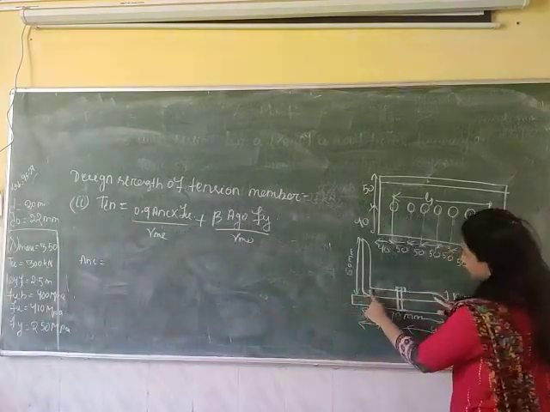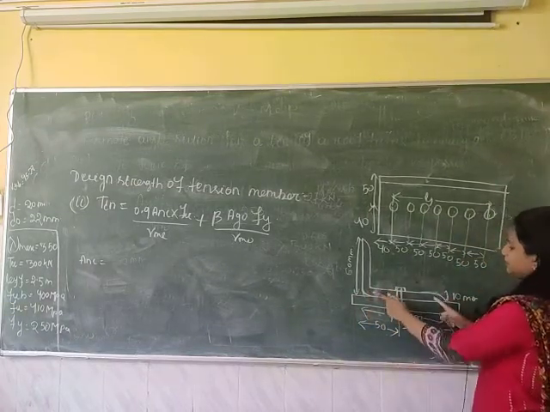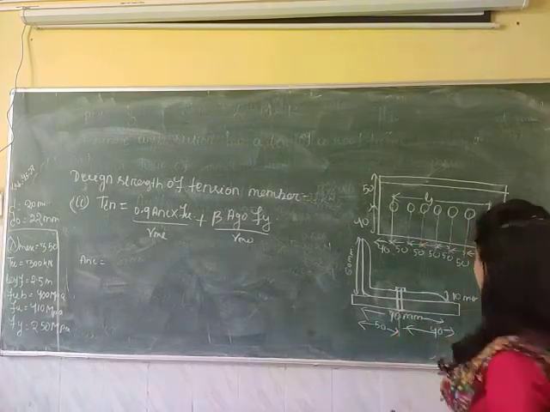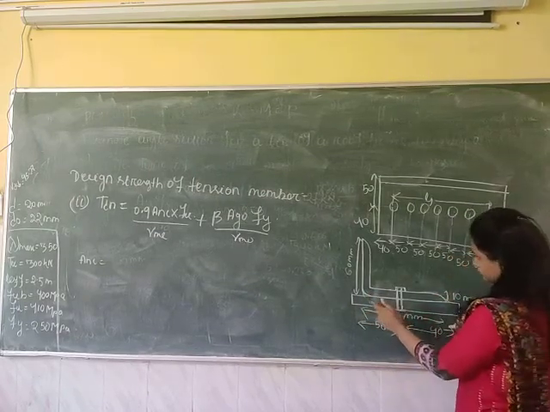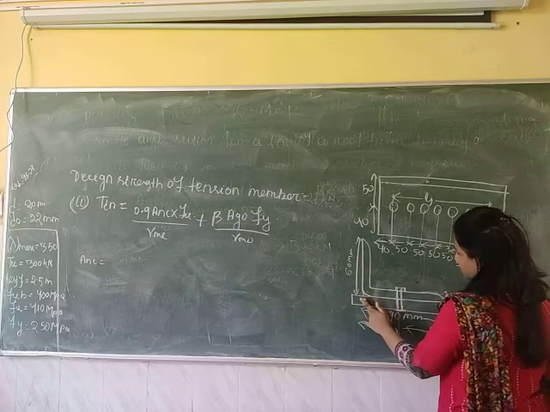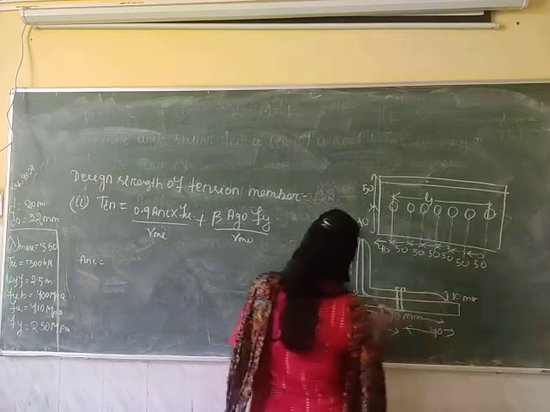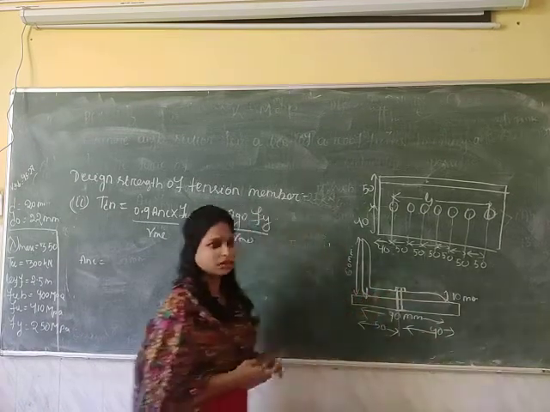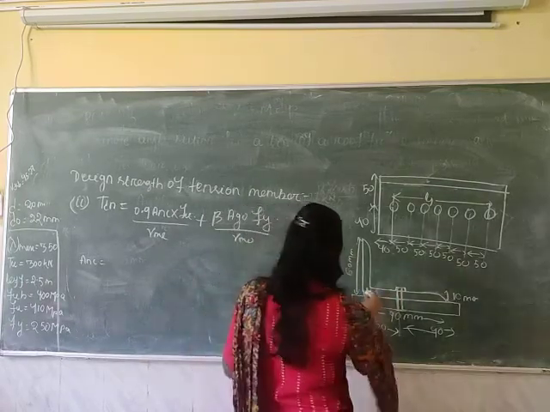So this is the connected leg, and we have to calculate the net area of this connected leg. That means we have to deduct the bolt hole diameter from this gross area. This total length is 90 mm, but we have to take the distance up to this center. I have already discussed why we take the distance up to the center, so refer to the previous lecture.